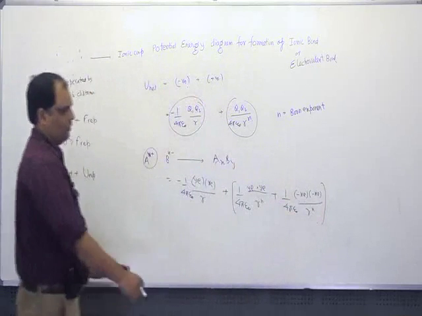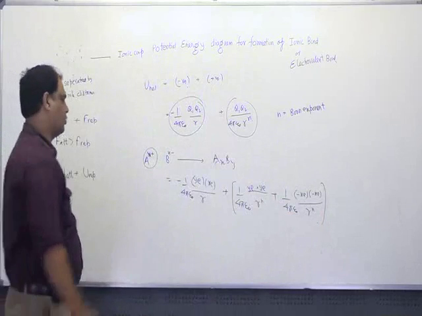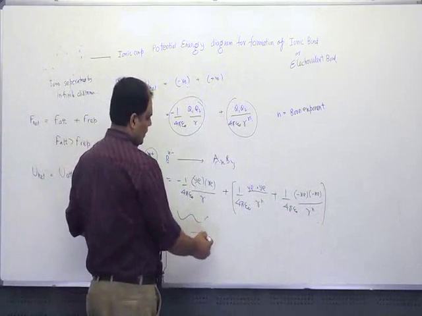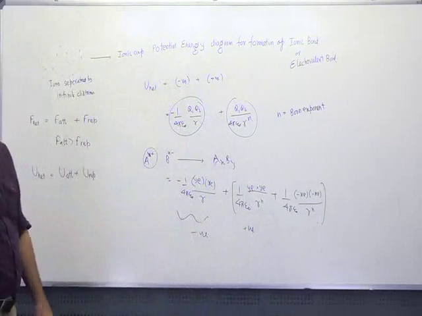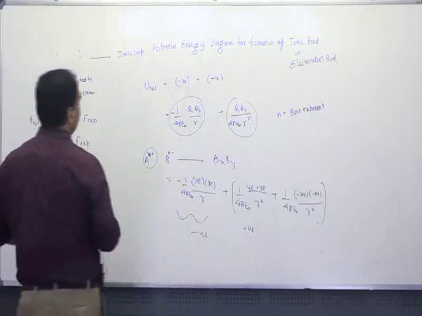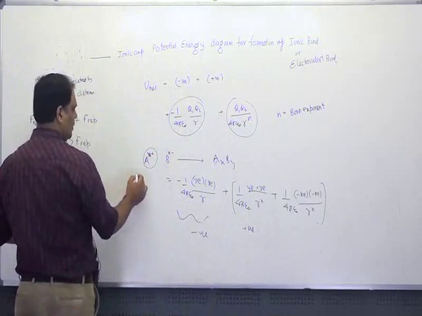Something like this. So this quantity will always be negative and this quantity will always be positive. Now this will tend to form ionic compound, and the above equation for U net